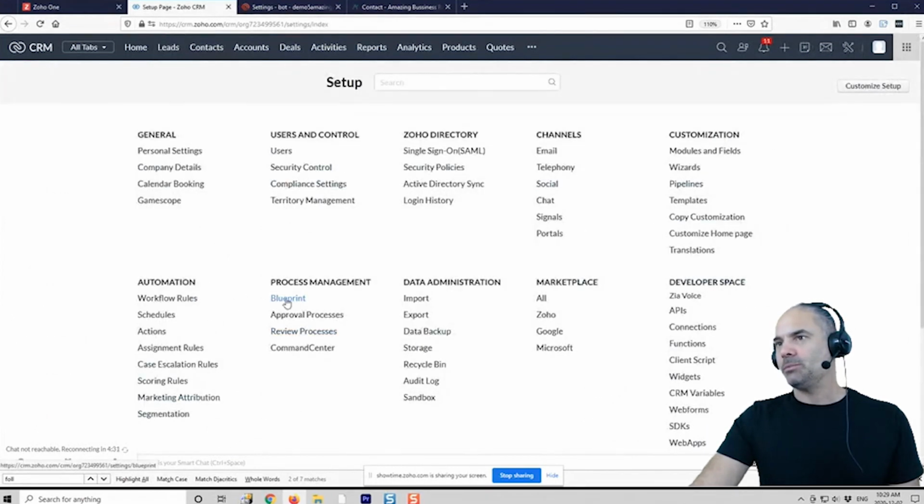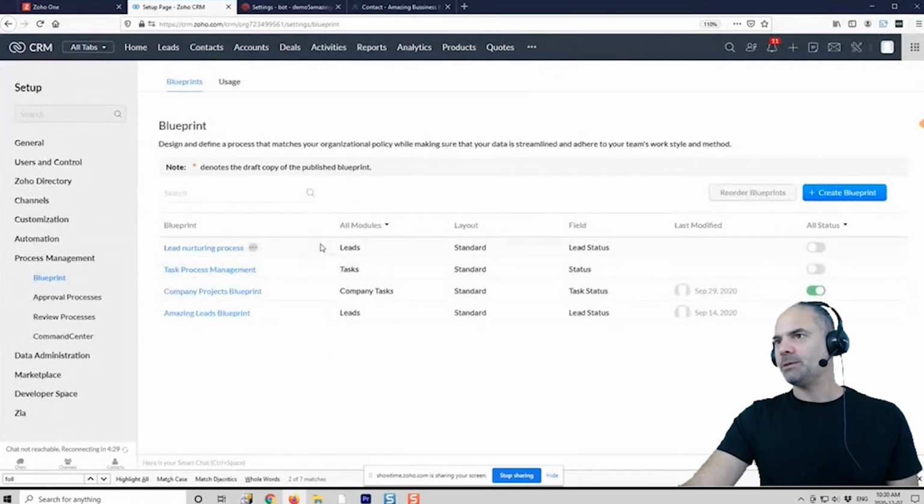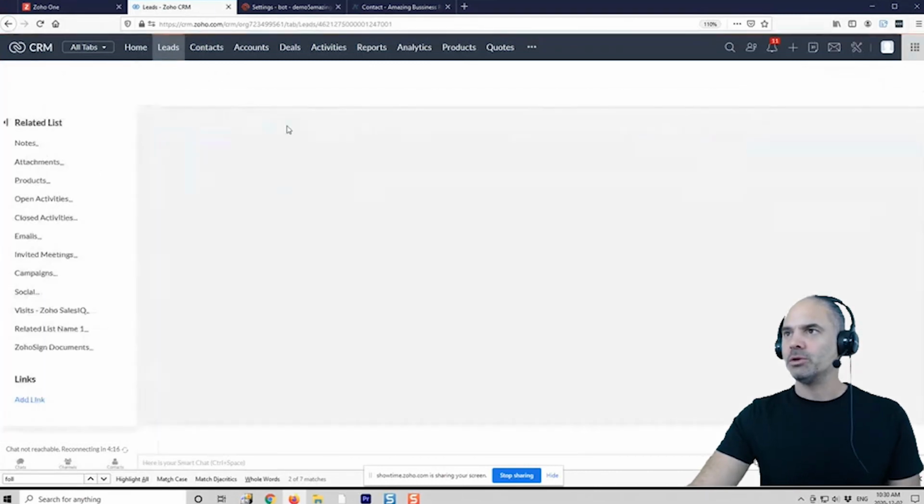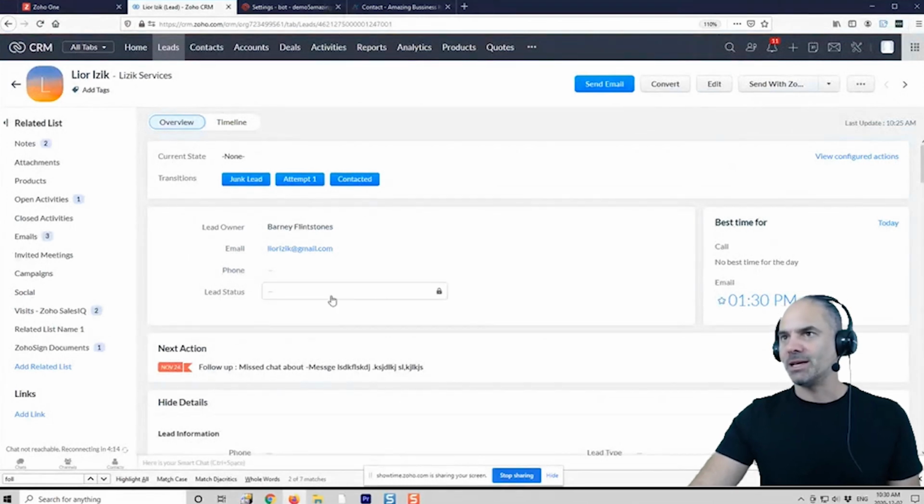When we're going to the blueprint, because you have a blueprint, right? Yes. So the blueprint in this case is working based on the lead status. And whenever you have a blueprint that works on a field, in this case the lead status, there is no way to change the status manually. If I click here to change the status, you see there is a lock, and this lock cannot be broken.